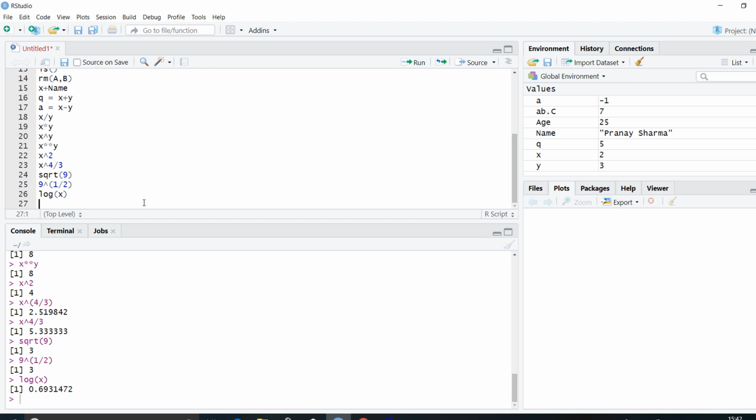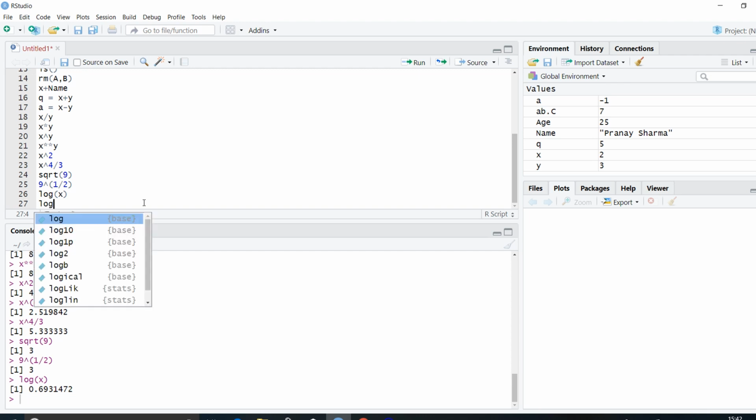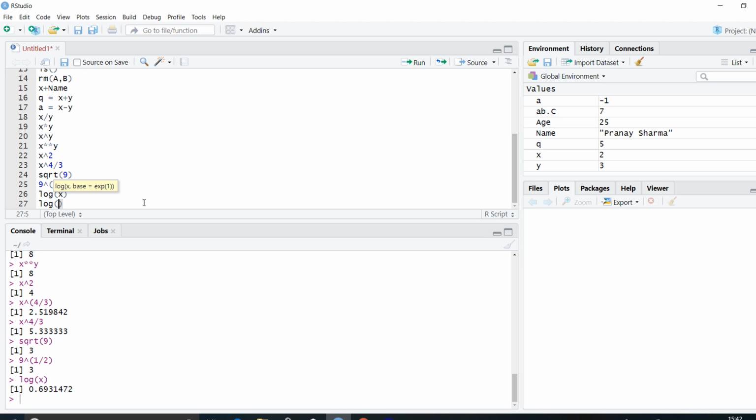And if you want any other base, let's say 10, you will write log, then first whatever the number is, so I'll have x and then comma, base, you'll have to specify the base, 10. Control Enter. So you can see 0.30103 is our log of 2 to the base 10, and 0.69314 is log of 2 to the base e.